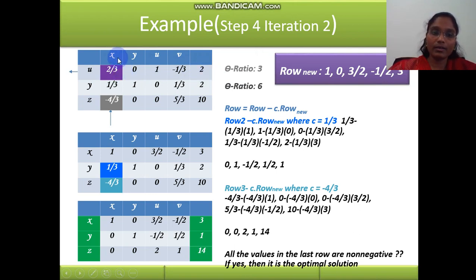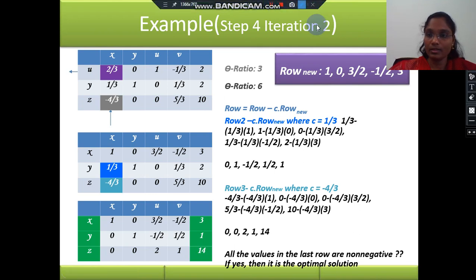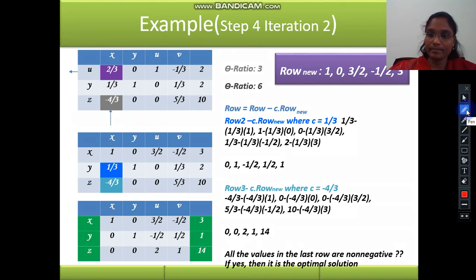So X is the pivot column and this U row is the pivot row. The intersecting element is 2/3. So this is the pivot element now.